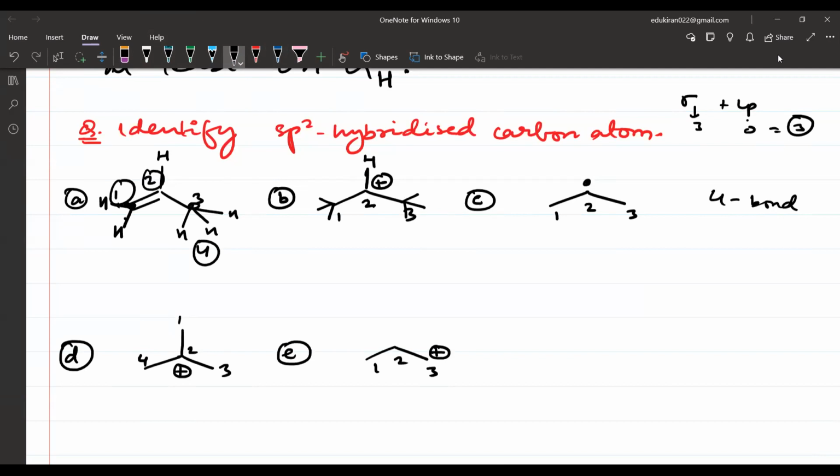तो इसके पास this is sp2 hybridized. यहाँ पे you have second carbon atom which is sp2 hybridized. Here you have the third carbon atom which is sp2 hybridized. लिखिए आप लोग, if there is a double bond, sp2, एक डबल बॉन्ड है तो sp2, ठीक है। if there is a positive charge on carbon it is going to be sp2, if there is a free radical on carbon it is going to be sp2, ठीक है ना,